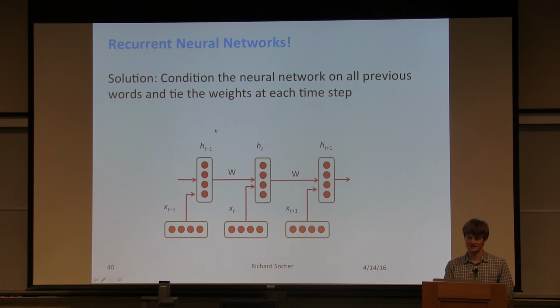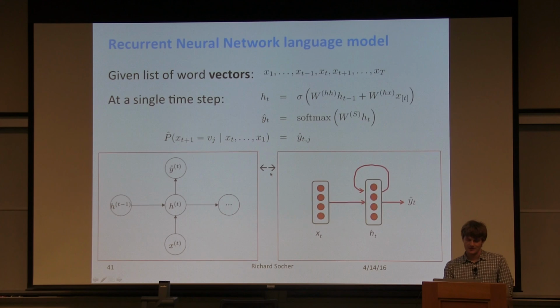So to compute the time step at t-1, we'll use W, and for t, we use W, and for t+1 we use the same W. Let's say, for instance, we try to compute a recurrent neural network language model, which is quite common. What we might do, let's say we have an input sequence of word vectors, x1 to x capital T, for the total number of tokens in our whole training corpus. Now what we will do at a single time step is compute a first layer, which is a standard neural network layer with an activation that's a sigmoid. This could be a tanh or rectified linear, it doesn't matter, some f, and